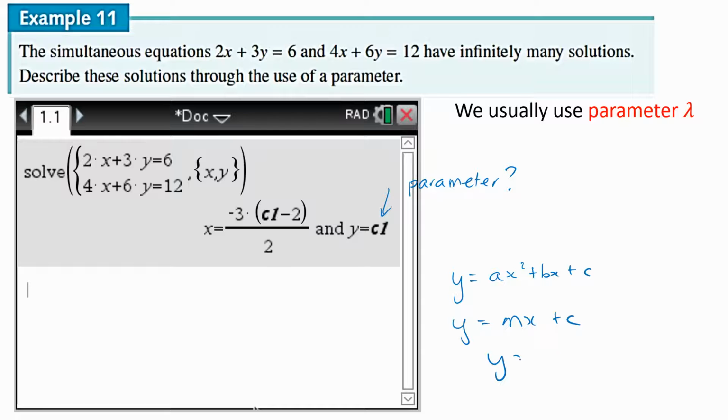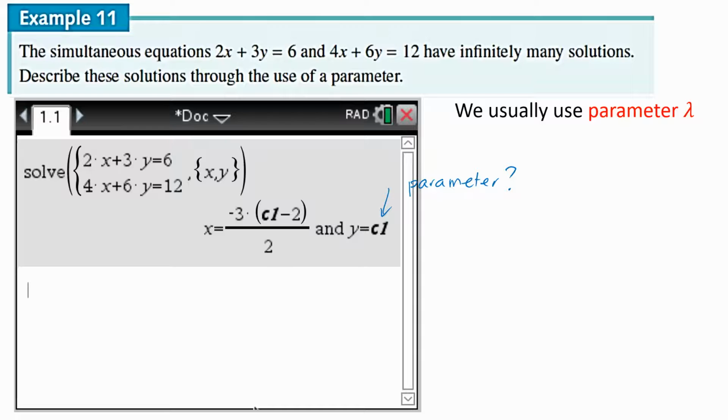So for example, y equals 3x plus 2. 3 and 2 stay, but x and y will change. So these vary. That's why they're called variables. So when x is 1, you get y is 5. But 3 and 2 stay the same. So parameters, yes, they can be different, but the parameters are constant for that particular equation. Okay? So what we are saying here is, C1, the calculator calls it a parameter. So depending on what C is, you will have a different value for x and y, because x and y